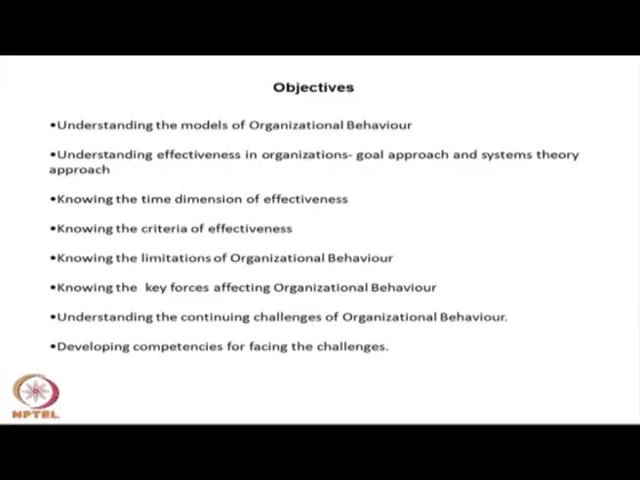Understanding effectiveness in organizations, it has two approaches, the goal approach and the systems theory approach. Knowing the time dimensions of effectiveness, knowing the criteria of effectiveness, knowing the limitations of organizational behavior, knowing the key forces affecting organizational behavior, understanding the continuing challenges of organizational behavior, and developing competencies for facing these challenges. So, if you can see, this chapter, when you cover it to the end, is going to equip us in a better way to